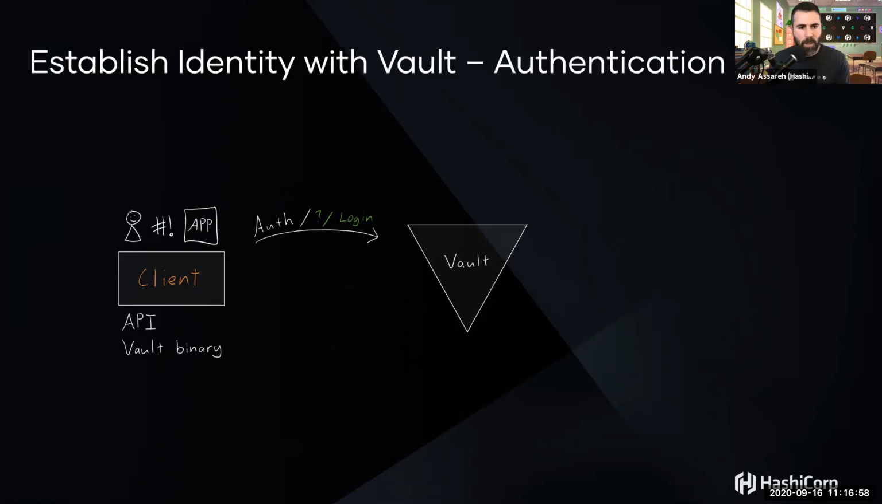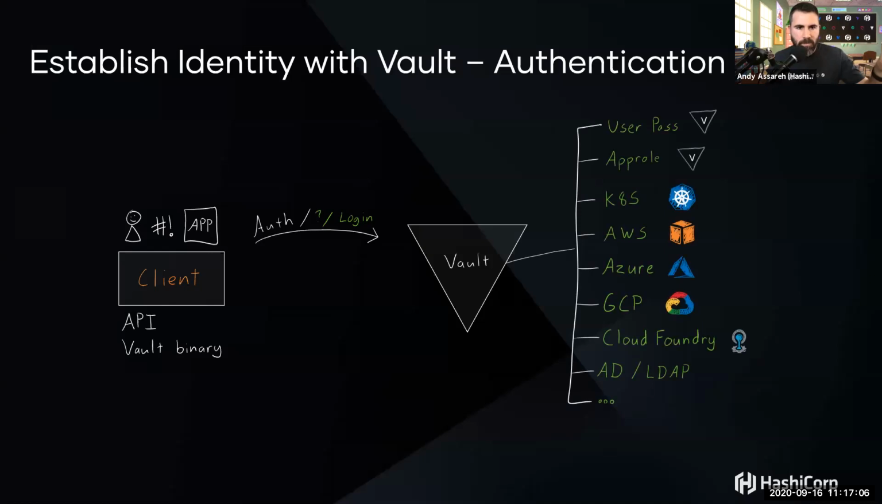And I'm going to now want to log in. The first step is authenticating myself. So I'm going to make a request to an API endpoint to log in. And as we covered, there's a variety of different authentication methods we can use to validate that identity, right? So whether it's